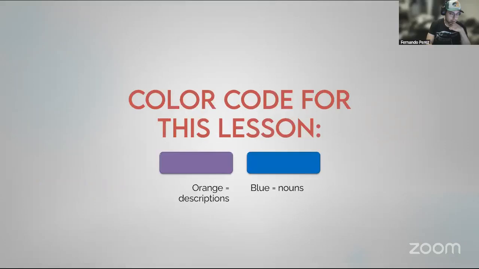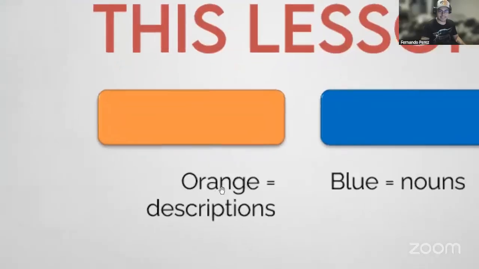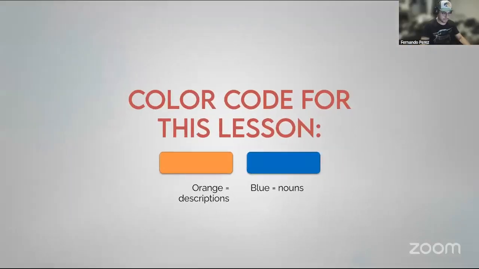Articles are in the family of color orange. And articles, color orange, this is not orange. Articles are in the family of descriptions. Okay? The family of descriptions include